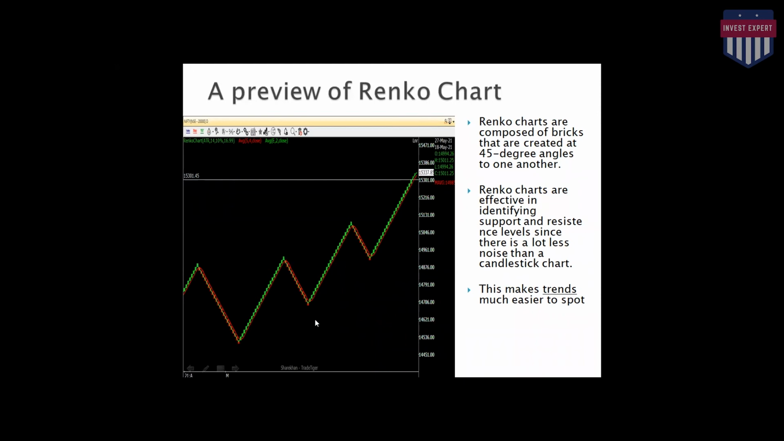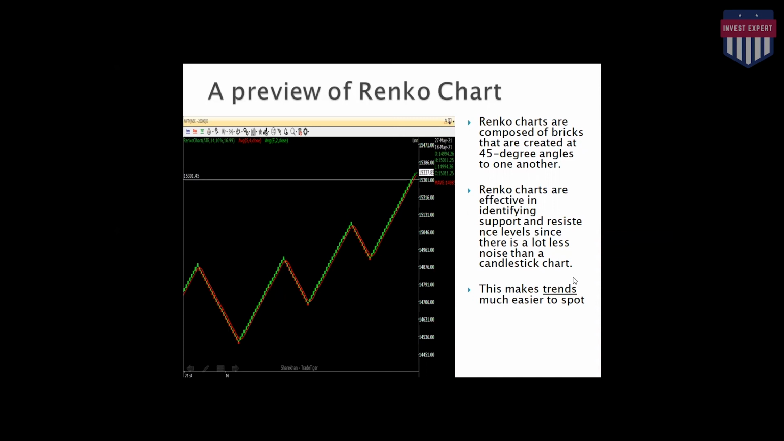by looking at this chart you will be able to understand how the direction of that particular stock is clearly indicated by these data points, which are called bricks. Okay, each of these bricks will be formed depending on a certain formulae. Okay, and each brick is arranged exactly at 45 degrees to the other. Okay, so Renko charts are effective in identifying support and resistance levels, since there is a lot less noise than